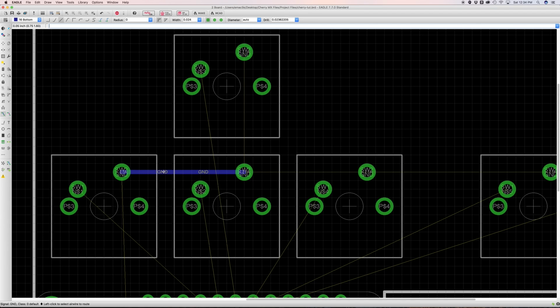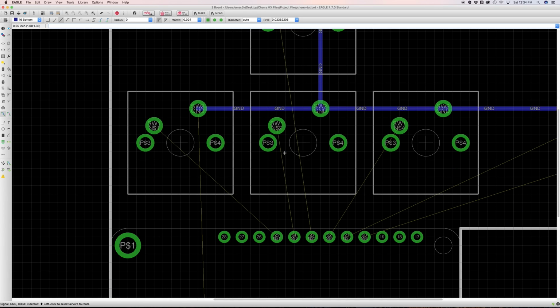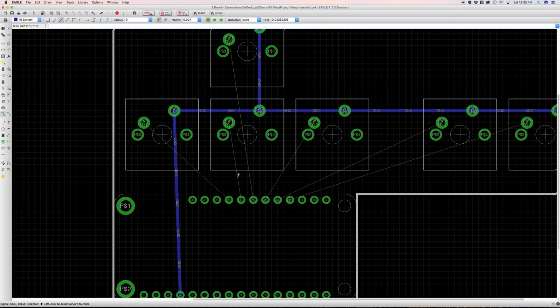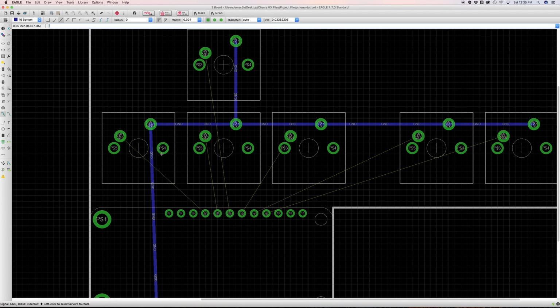You can see that the blue wire now has a little GND, which tells us what the signal is. So let's do one over here for that guy. And then we're just going to make really simple connections, just get this laid out. Over here and over there. Okay. And now we need to connect the ground of the feather wing to one of these buttons in the closest proximity, which is probably this one. So I'll just click straight down like that. All right. So now that we have all our grounds connected,